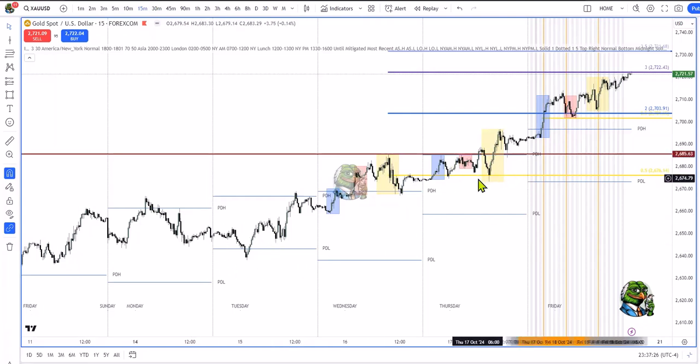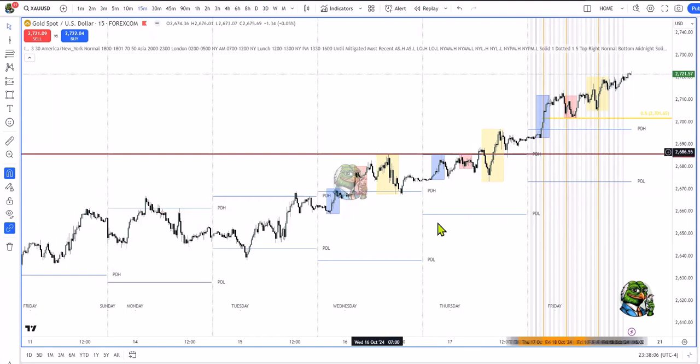We had the exact same high probability entry signal on a 1-minute chart in the last hour of London, which I've already spoken about, as well as a bullish breaker setup inside of the 450 to 510 macro. So this is just another level of alignment to confirm that long setup. That's how I would use this, and then I could use this range projection as my target, okay, which worked out really well. Okay, so that's just something on the side that I want to mention. I don't really use them a lot. I rather select targets based on what I see on the charts. Okay, but if you want to use those, you can.